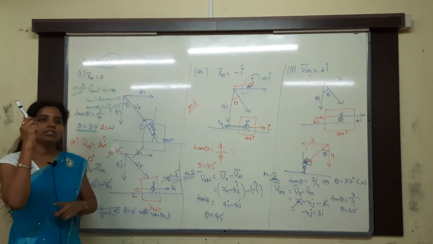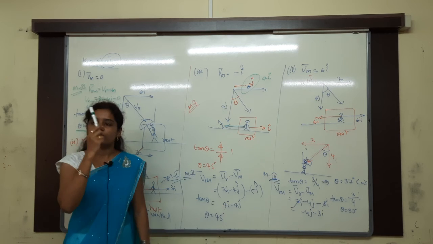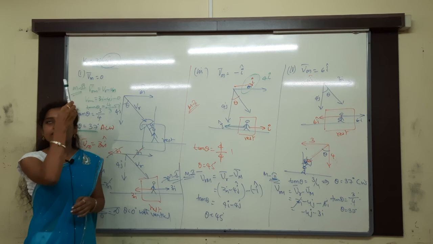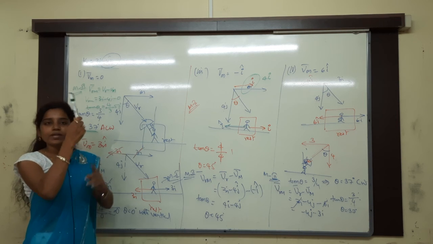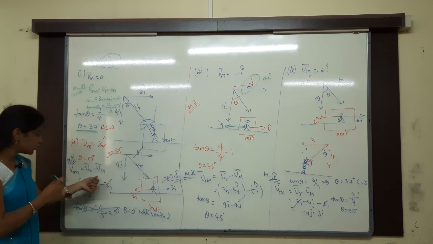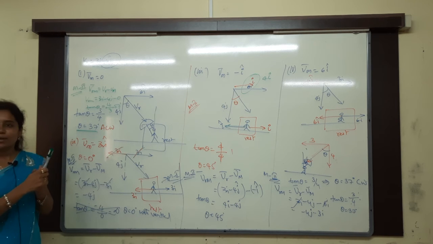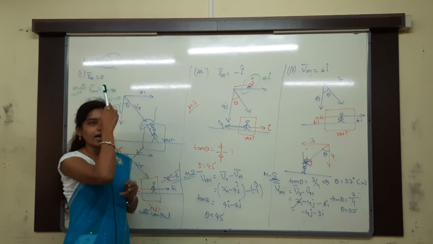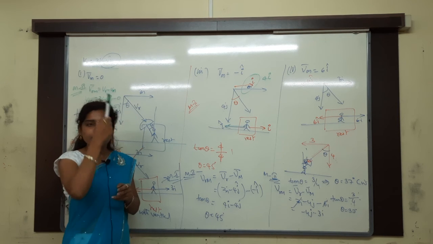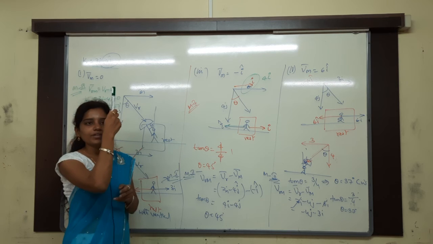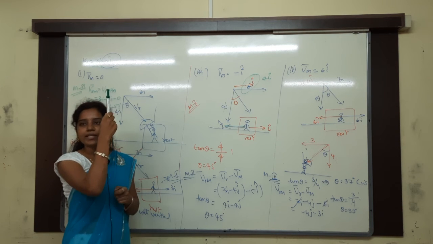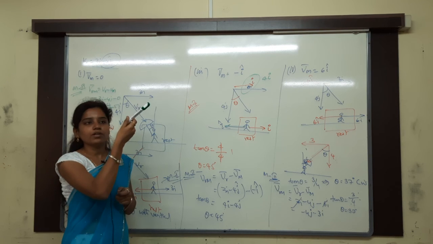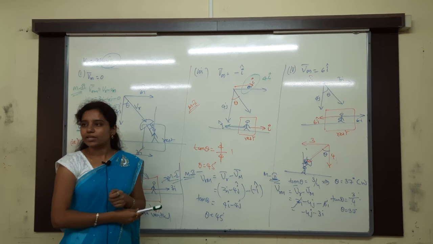Whenever I am moving with the same speed as the rain in the horizontal direction, what happens? The horizontal component gets cancelled. Only the vertical exists, so I hold the umbrella in this way. Whenever I increase my speed to double this value, then what happens? The rain changes from here to here, in this direction, so I have to hold my umbrella in this way. Before, backwards. After that, whenever the velocity of the man is 3 i cap, at that time vertically. Then whenever I increase my speed, again what do we have to do? We have to hold the umbrella in the forward direction.